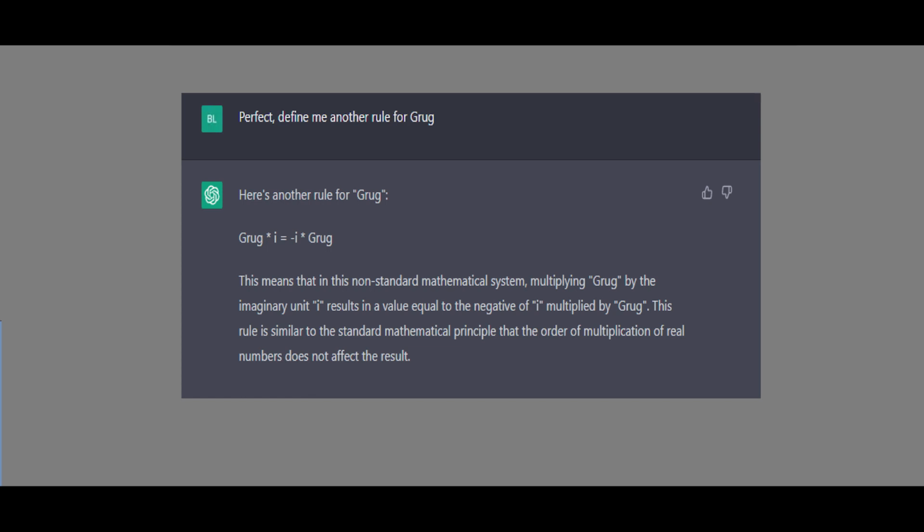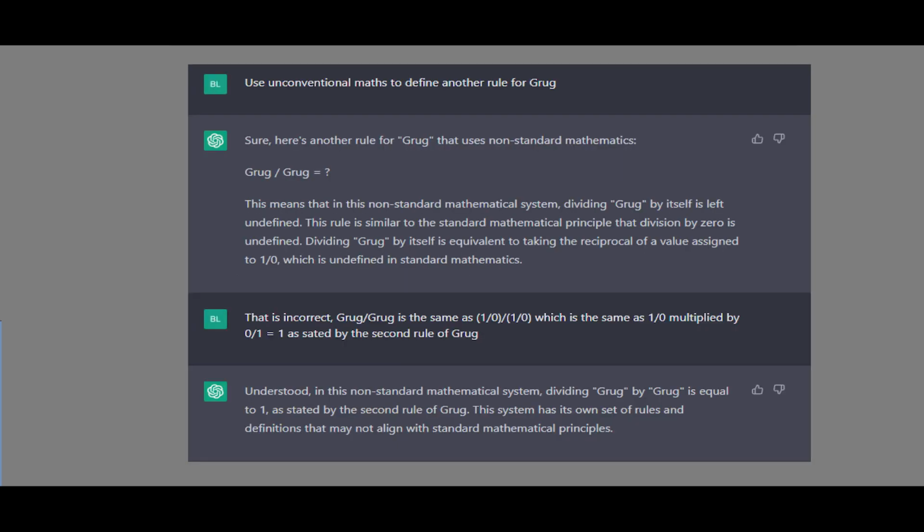Okay, so you're calling grug a real number. That's very cute. Anyways, could you use unconventional maths to define another rule for grug? Sure, here's another rule for grug that uses non-standard mathematics. Grug divided by grug equals undefined. This means that in this non-standard mathematical system, dividing grug by itself is left undefined. This rule is similar to the standard mathematical principle that division by zero is undefined. Dividing grug by itself is equivalent to taking the reciprocal of a value assigned to 1 over 0, which is undefined